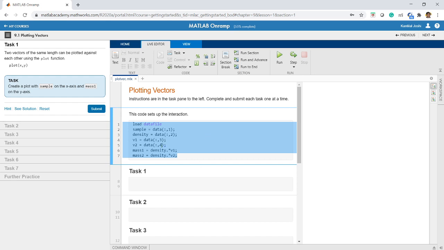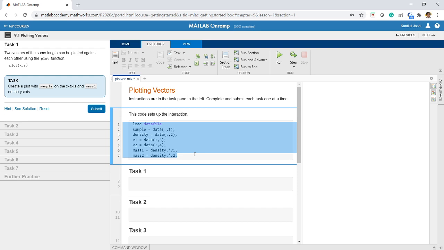Then v1 and v2 are the third and fourth columns, and then we are doing some basic calculations, like calculating the mass of the first element and the mass of the second element, density multiplied by v1, density multiplied by v2. This is just so that you have some variables already available for you to plot. So this data is already there, which is given to you.